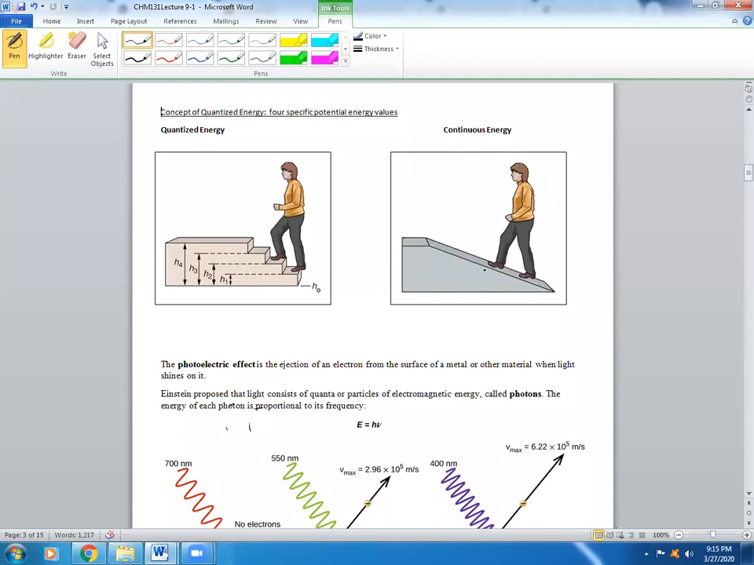While if someone goes up a ramp, this is really unspecific. We couldn't know because the height is kind of like a range here. It's continuous. So this is specific and this is continuous. This is where classical mechanics doesn't work anymore. So this is what we want to adopt from now on, and kind of ignore this, except maybe for light in general, but not